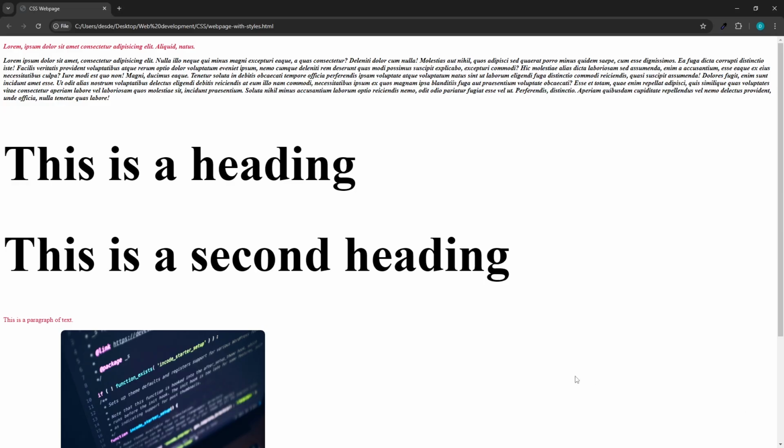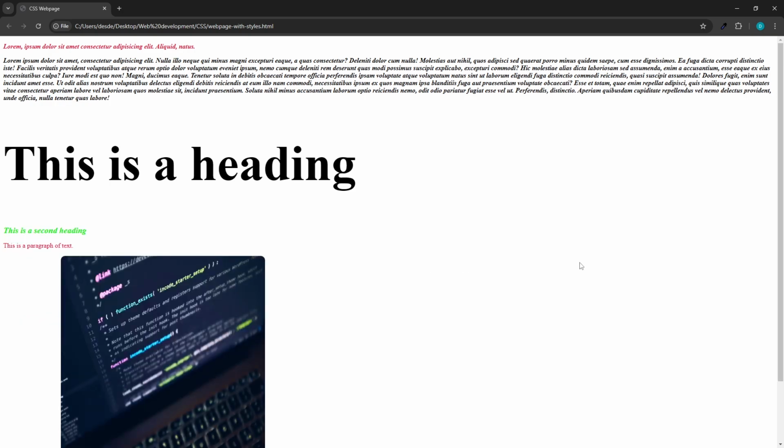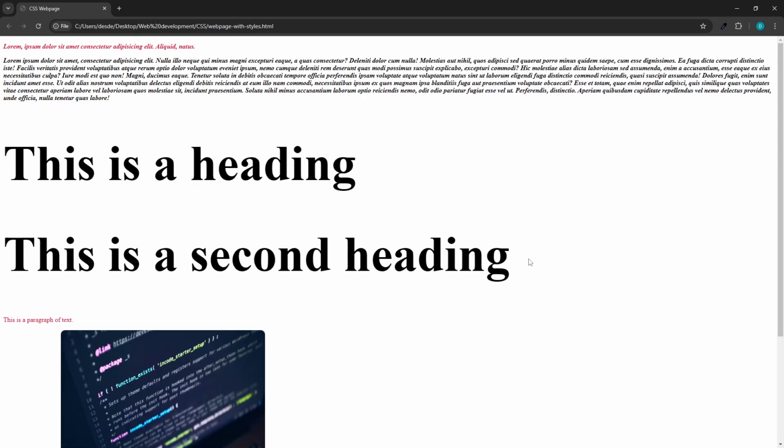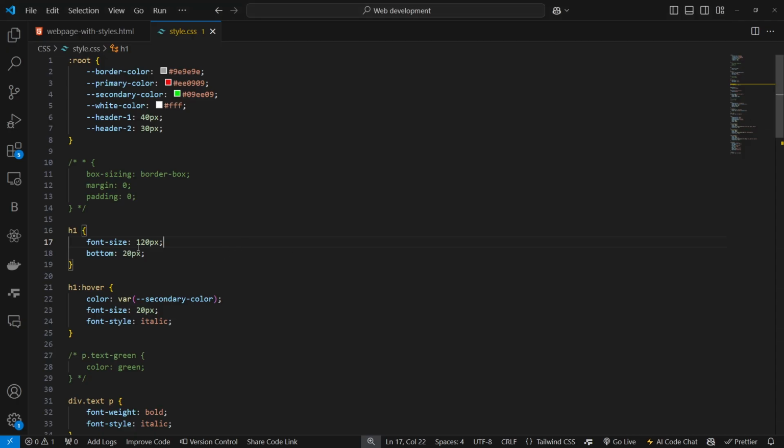Let's go back, refresh, and there we have it. So now when we hover over our elements, the font size reduces and the color gets changed, same as the font style. Now you can add a transition property to your h1 tag so that this